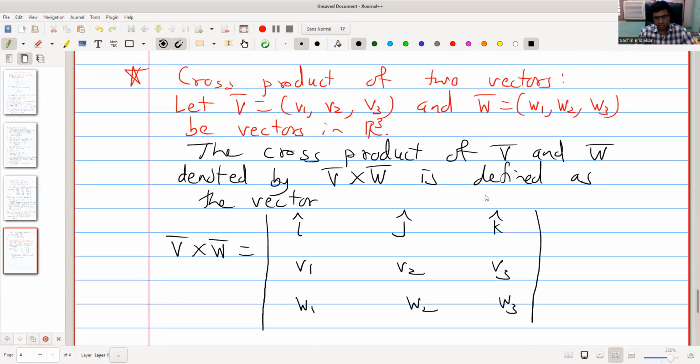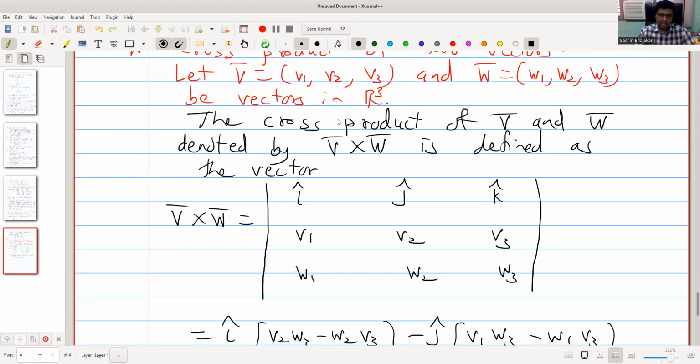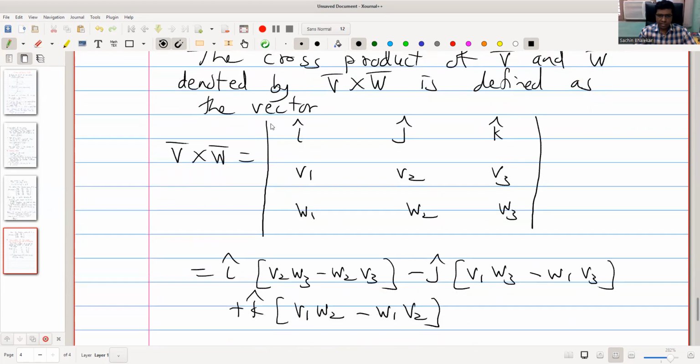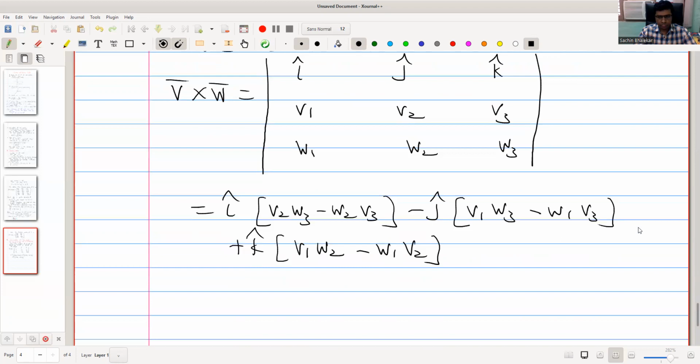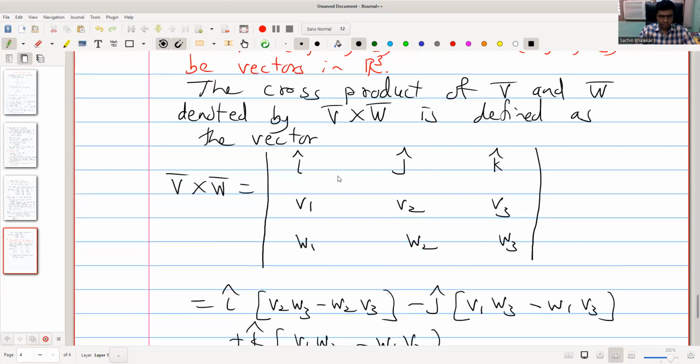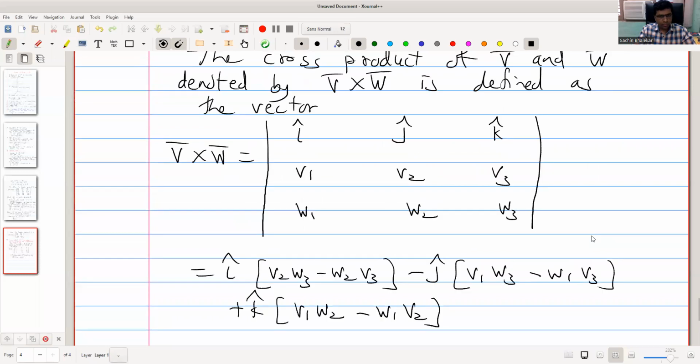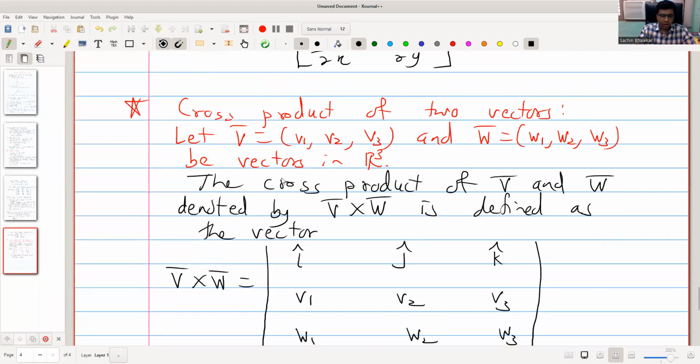We already discussed dot product. Okay. Similarly, if we have vectors in R2, then cross product, suppose v bar is given by v1, v2, w bar is given by w1, w2, then the cross product will be... when we have R2, we don't take this cross product because